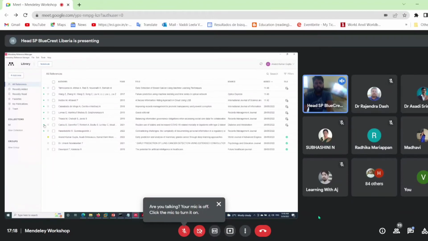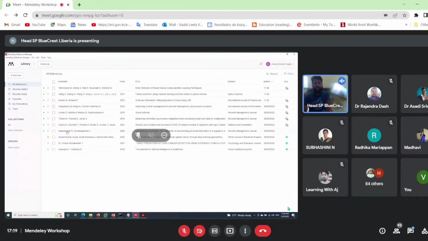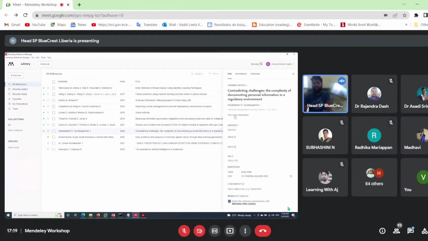For an example, you may be seeing there are green colors dot in front of the article. This indicates this article is being added, but it's not being read. We have not read the article at all. So the moment you click on the article, you can see the related information